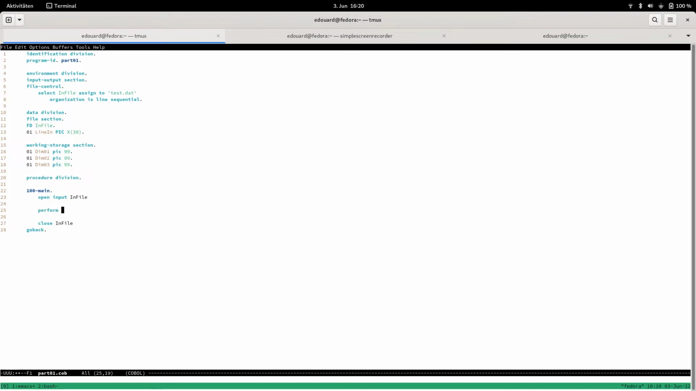perform until in file EOF. So let's have an in file state here. 01 in file state, PIC X, value whatever, doesn't matter. 88 in file EOF value. Let's just call this Q or X. Who cares? It's unimportant. We need an end perform